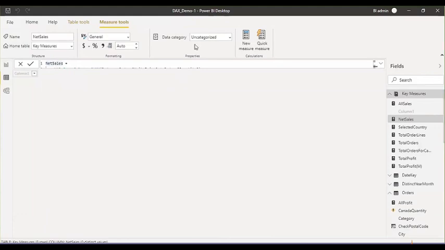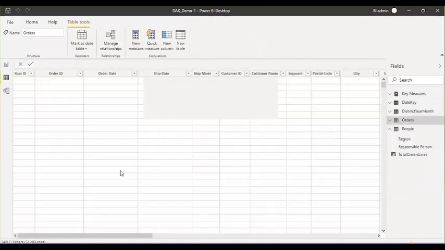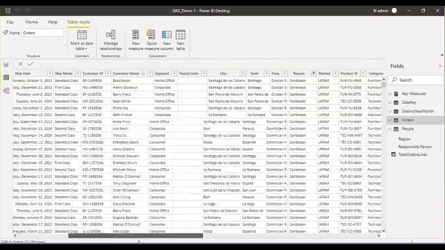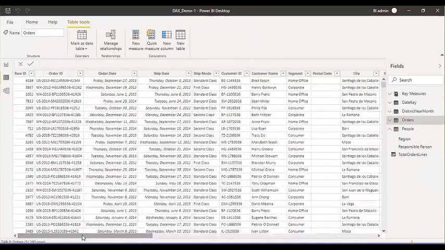Let's say you have one table here, the orders table. In this orders table, you have data like customer, orders, products, quantity and sales. What I want is to create an aggregated table, a summarized table. In that table, I want data of 3 or 4 years for each customer, their sales and quantity. The summarization, the aggregation of the sales and the quantity. So how can I achieve it?